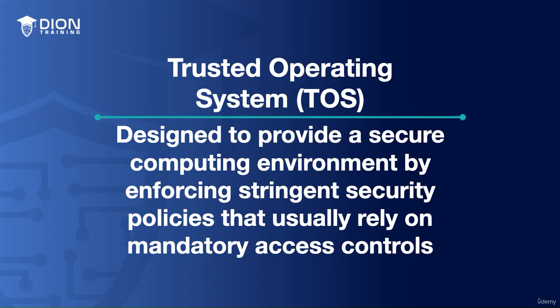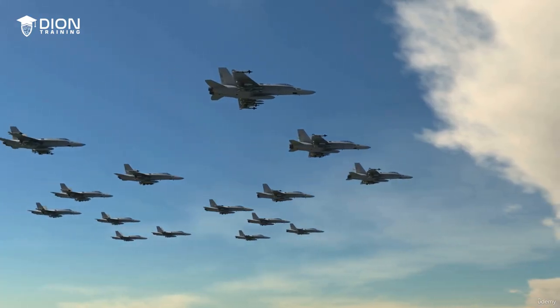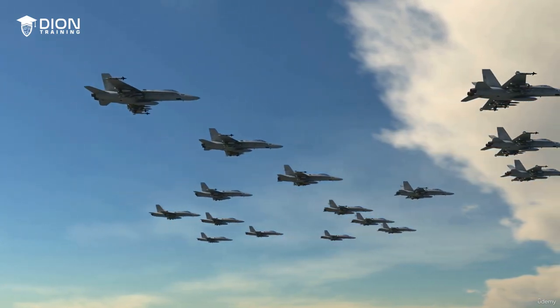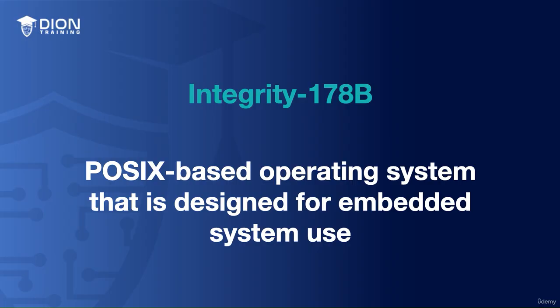Trusted operating systems are typically used in environments where the integrity, confidentiality, and availability of your data is extremely important. For example, the J-35 strike fighter, which is a U.S. military aircraft, has an operating system that runs all the operations on that advanced fighter jet. The operating system that's used by the J-35 strike fighter is known as Integrity 178B. Now, this is a POSIX-based operating system that's designed for embedded system use, and it's been put in place into